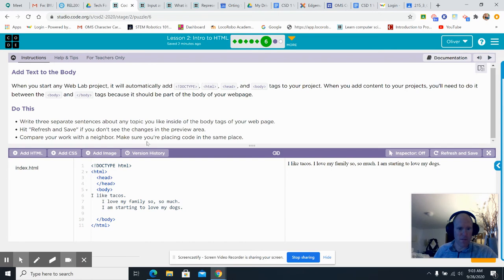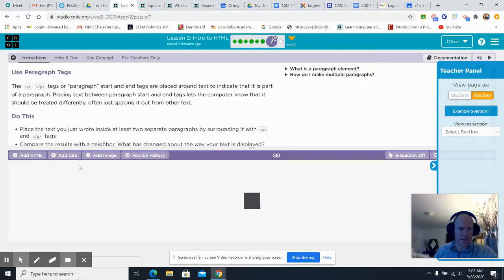Compare your work with a neighbor. Make sure you're placing the code in the same place. So, did I do it between body and body? Yes. Make sure everything's between body and body. Okay, now,